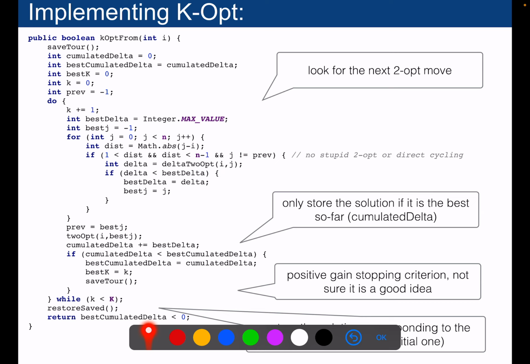So as you can see, k-opt move is a sequential 2-opt move. Okay, it's a sequential k-opt move. We just apply sequentially delta 2-opt here consecutively, always starting from the position i up to j. And we will always consider the next j that is the most interesting. We accumulate, we consider the delta, we accumulate it, we save the tour if it's able to find the best so far, and then after that we restore the one that corresponds to the best k that we have seen in the previous iterations. That's the implementation of the k-opt move.